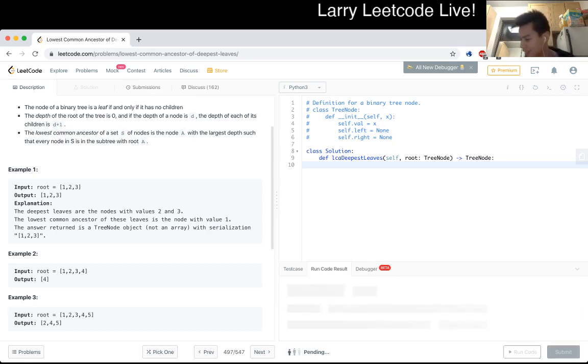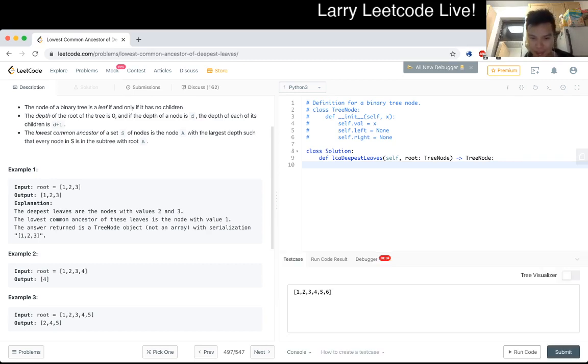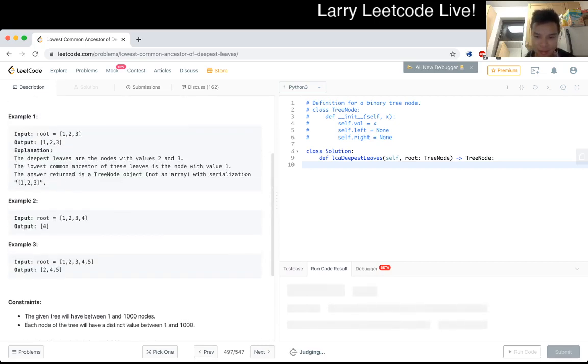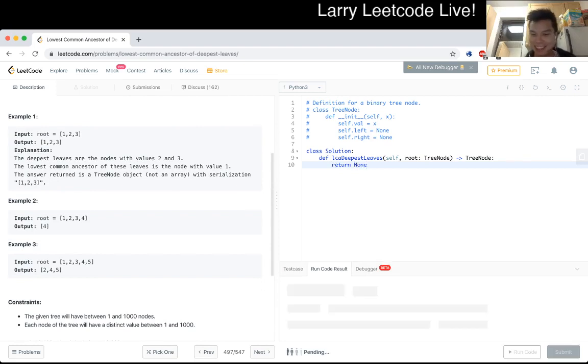I just want to make sure that the answer in this case should be 1, or with a prefix of 1, it's 1, 2, 3, 4, 5, 6, I guess. Oh, it's because I didn't actually return something. I just want to see what the expected answer is. I'm cheating a little bit,